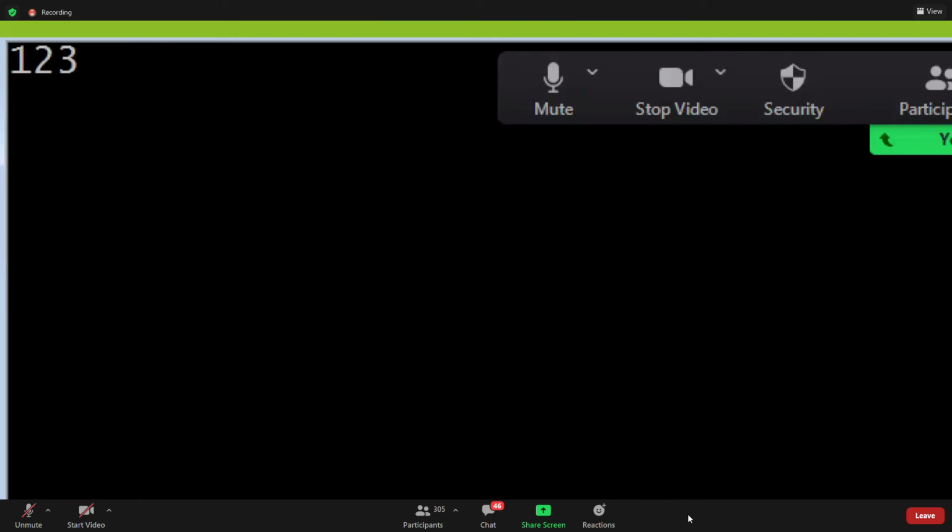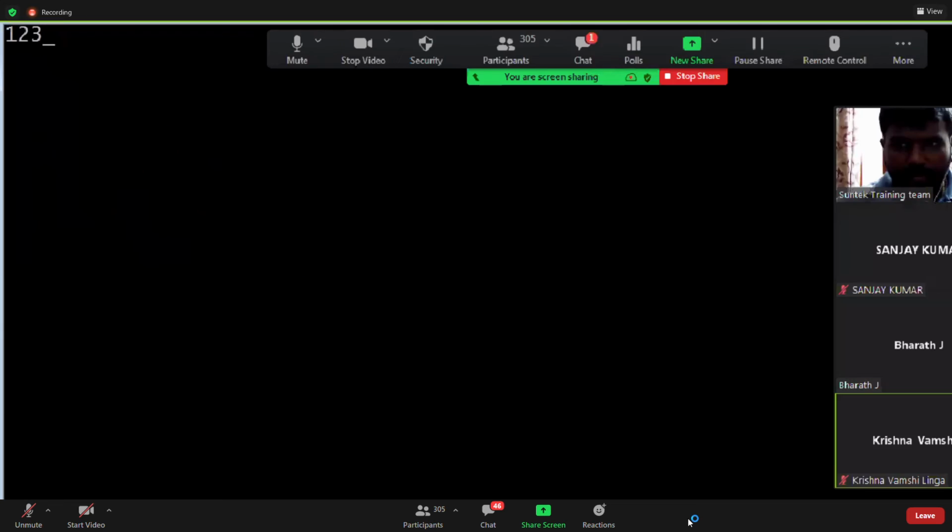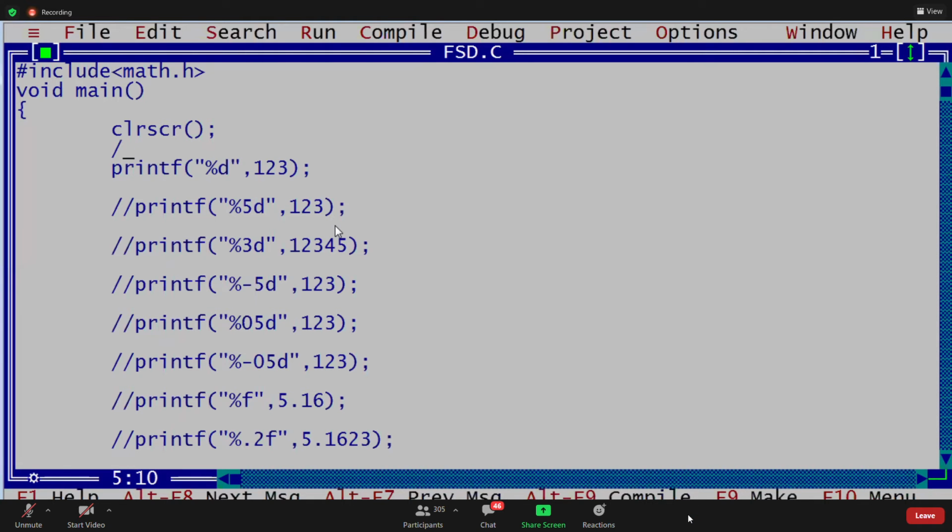This is 123. No spaces. Say this. Cursor is here only. No spaces, front or back spaces. No spaces, guys, here. 1, 2, 3. Right now it is printing 1, 2, 3.